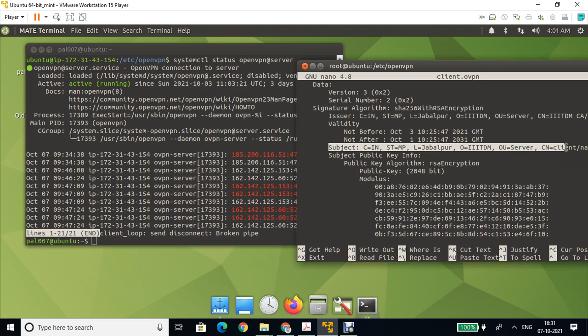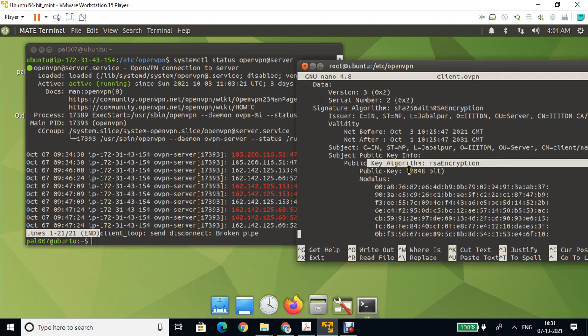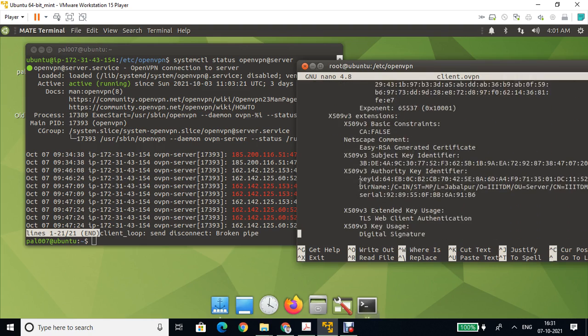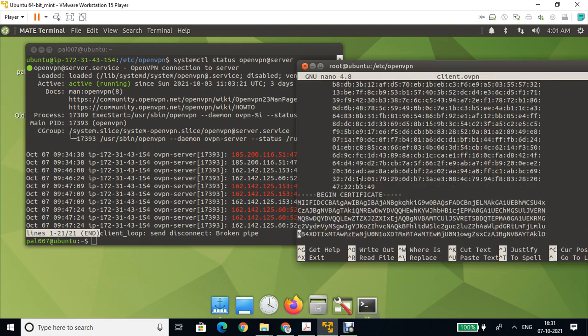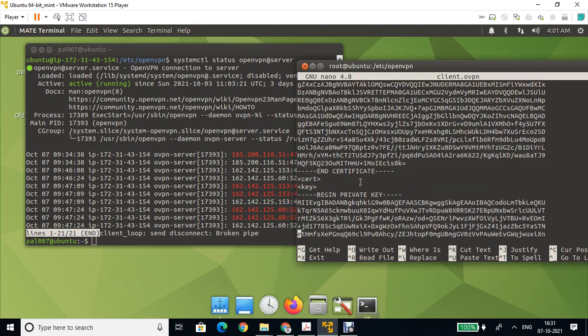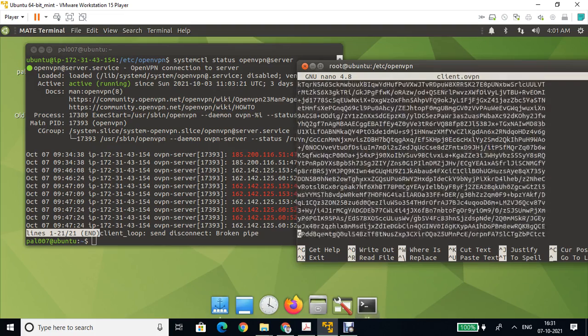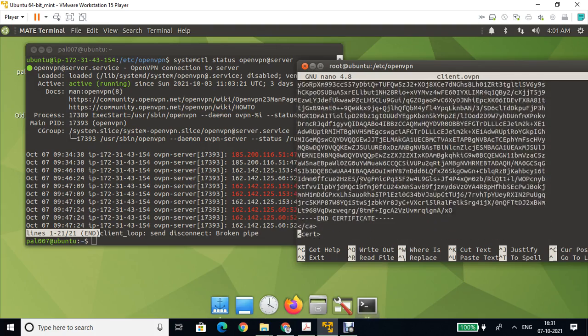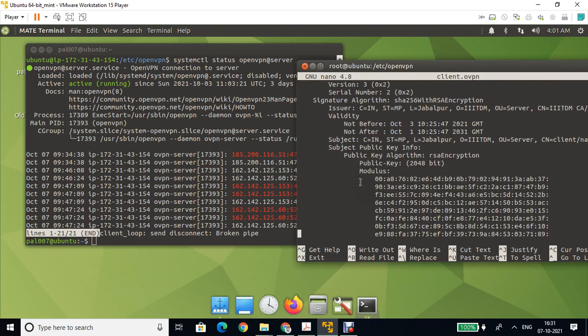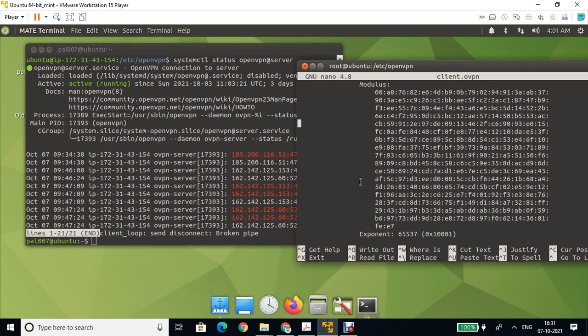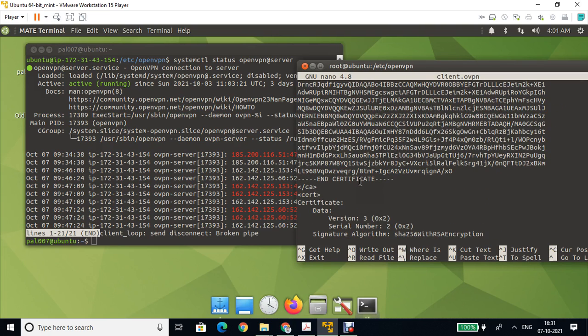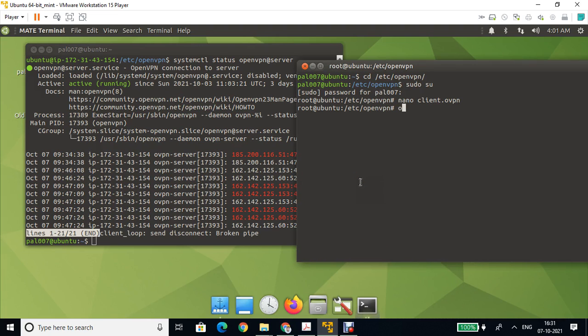This is the certificate, and the certificate information that we kept while creating the server is in the client key. So all the information is here, and it is encrypted with the RSA algorithm with 2048 bits. And this is the public key, and similarly we will have the private key information. So this is our private key, and again we have repeated the same information, so it is copied twice. Now I can go out of this and let's connect with the server.